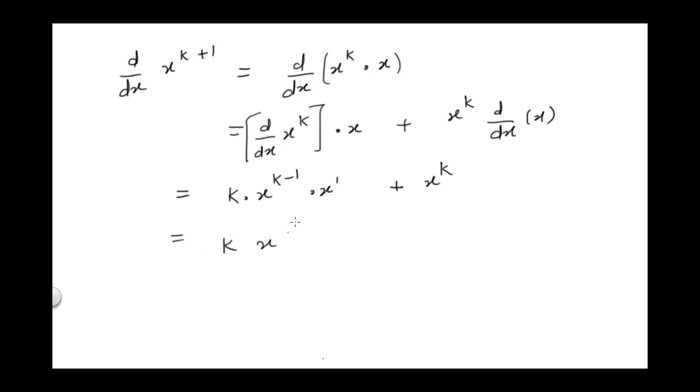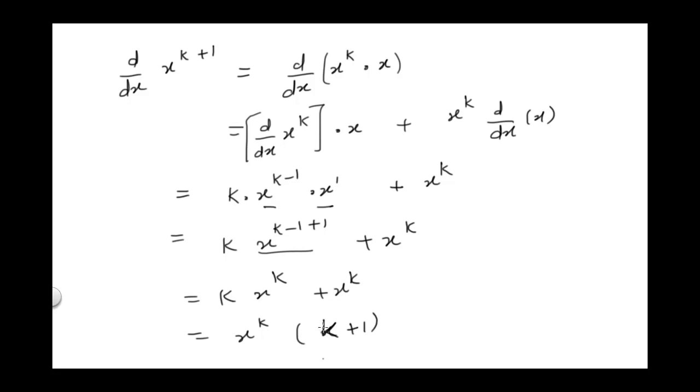Now you see k x to the power, as both the bases are same, we will add the powers, plus x to the power k. You see we are just left with x to the power k here, right? Plus x to the power k. X to the power k we can take common, and then we have here k plus 1. Clear? Hence it is true for k plus 1 also, because when we put this in the first expression,